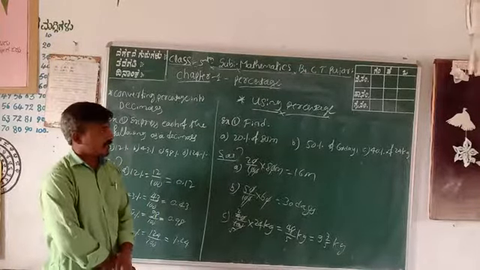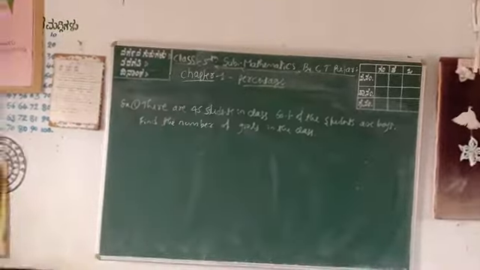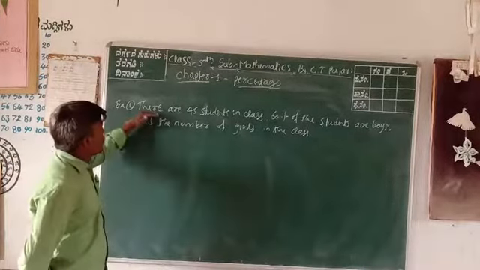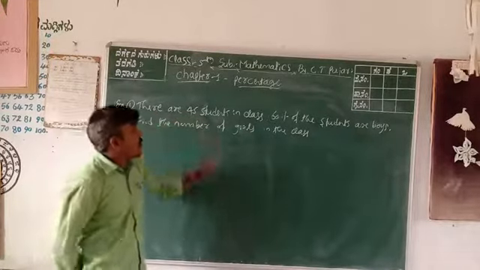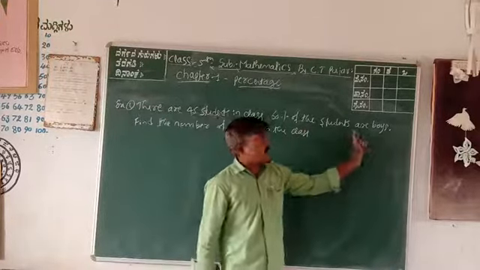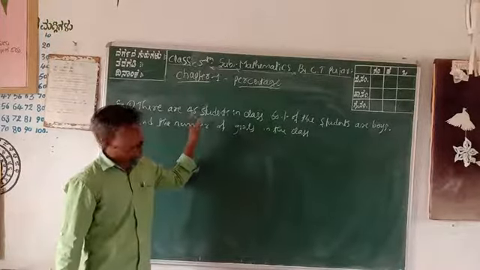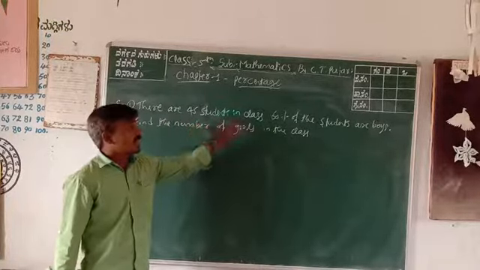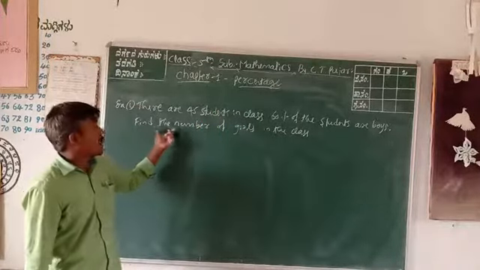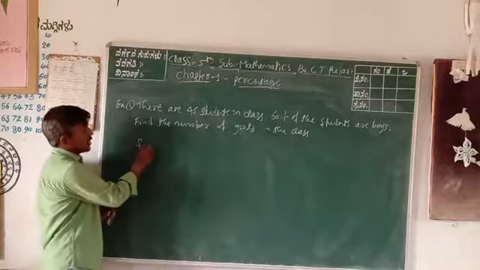What is the last one? Your word examples are here. Only one example. Okay, last question. Word example, example number 1. There are 45 students in a class. 60% of the students are boys in your classroom. The total number of students is 45. Of the 45 students, only 60% are boys. What is the number of girls in the class? Okay, very easy question.